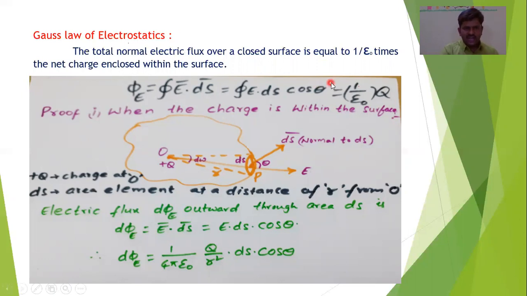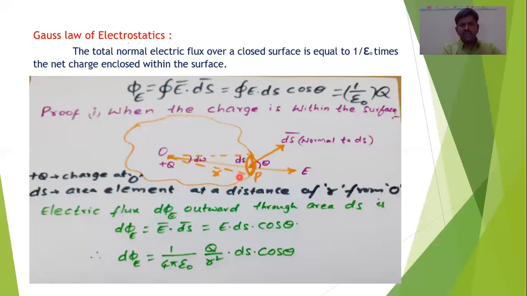This is Gauss law, and for that we are giving a proof for Gauss law in this video lesson in two ways: when the charge is within the surface and when the charge is outside the surface. We'll derive Gauss law in both conditions. Here we take an arbitrary closed surface. Closed surface means it is a three-dimensionally closed surface, not as shown in the plane of paper. That means like a sphere or a cylinder or a cone, any shape. So here we are taking an asymmetrical shape.